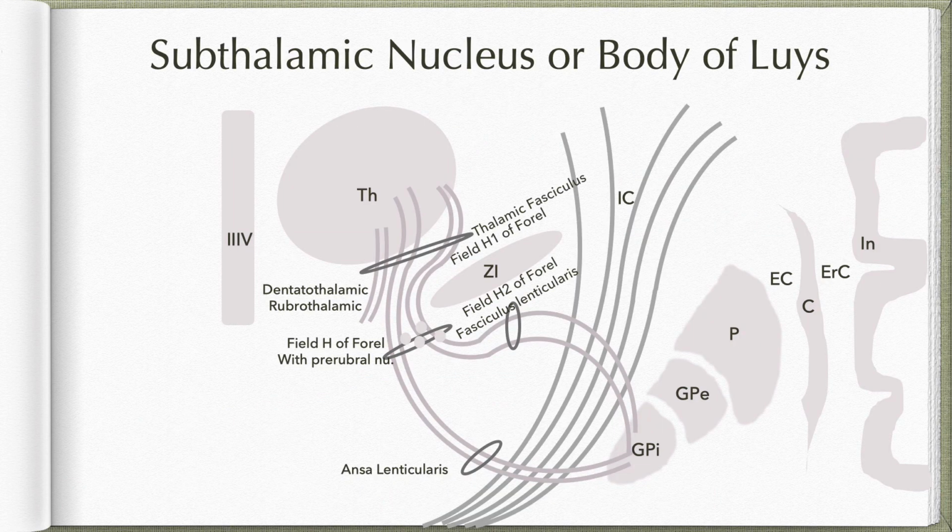Coming to the next component of basal ganglia, that is the subthalamic nucleus, or otherwise known as body of Luys. Now, as the name suggests, this nucleus is located below the thalamus. It's part of the subthalamus part of the diencephalon. It's an oval-shaped nucleus surrounded by white matter all around it. Laterally, it is related to the fibers of internal capsule. On the dorsal aspect, it is related to the fibers of fasciculus lenticularis. On its ventral aspect, it is related to all the input fibers as well as output fibers